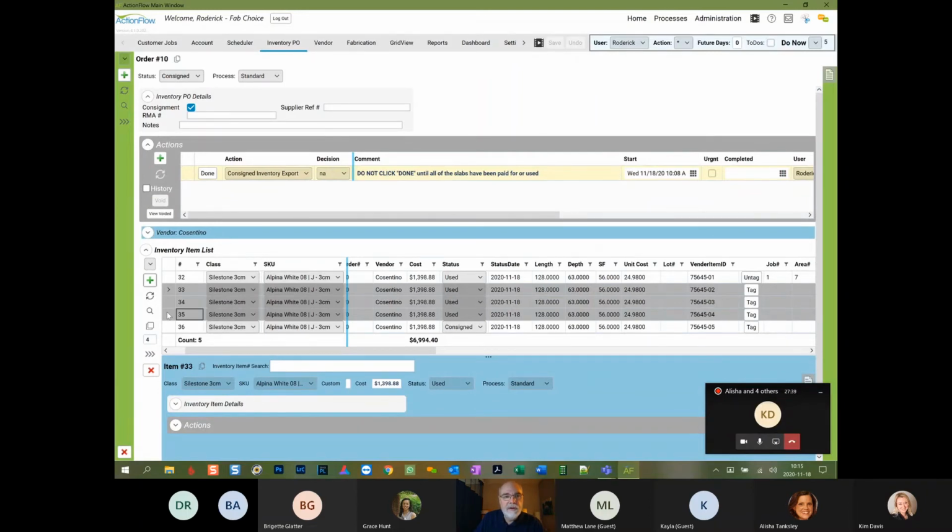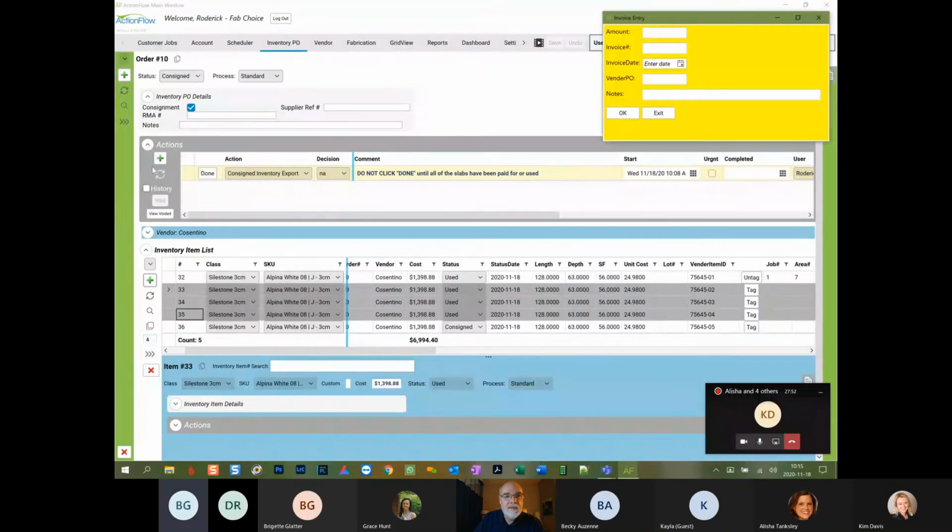Or I can simply go over to here and select allocate selected. Notice I have 33, 34, and 34, 5 highlighted. If I select allocate selected, I can enter an amount and an invoice number and an invoice date. So I'm going to enter an amount in here. What do we got here? We got